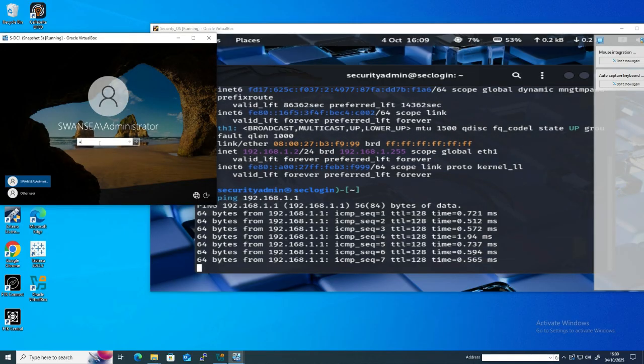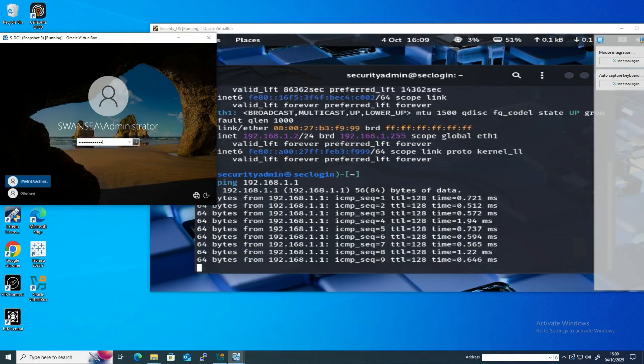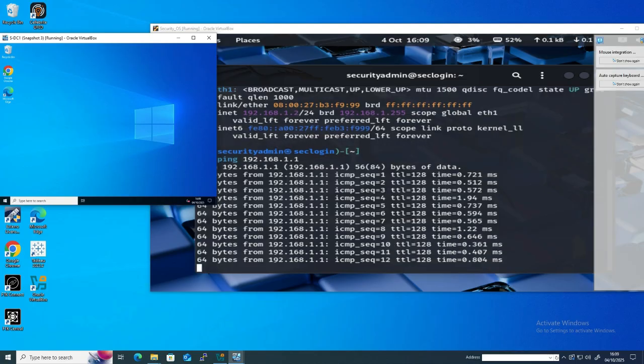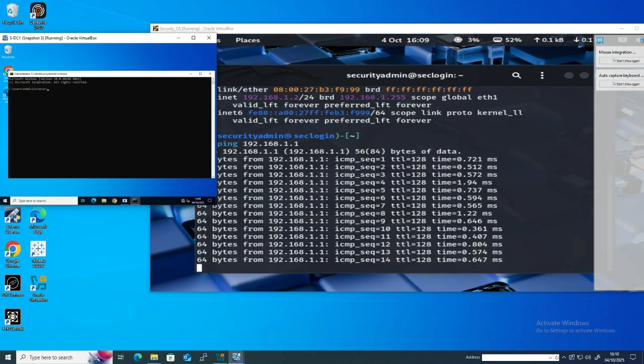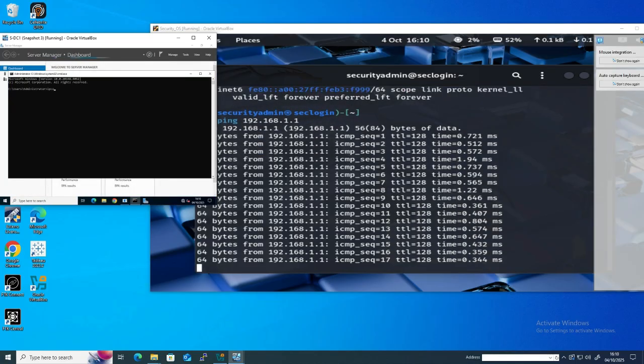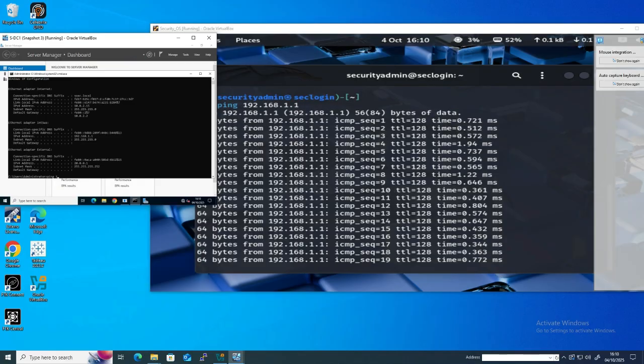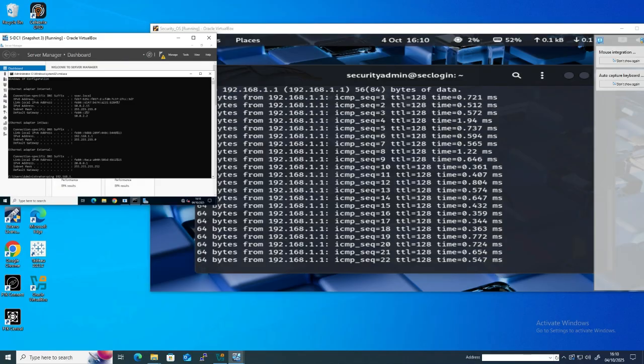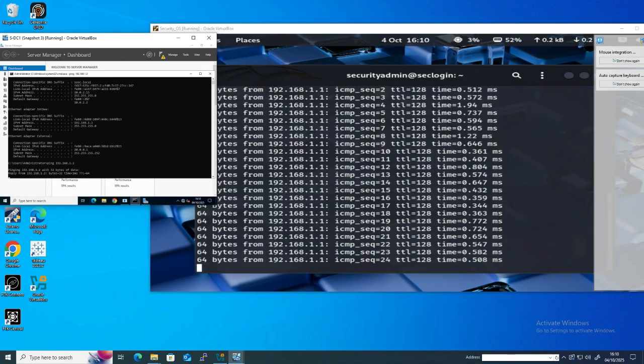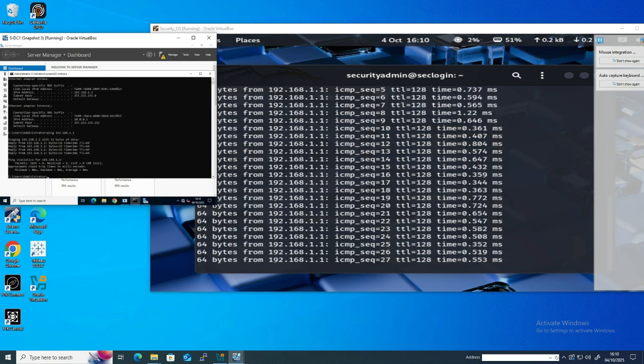So let's go back to the server and open the command prompt, ipconfig, and ping 192.168.1.2, and here we go, we ping. Which means now the Kali Linux is connected as part of our Swansea network itself. So we are now within the network, and now we can move forward with the security assessments of